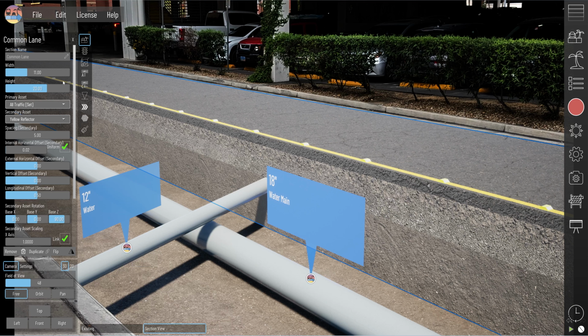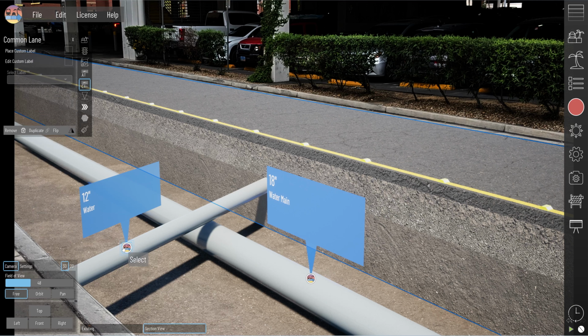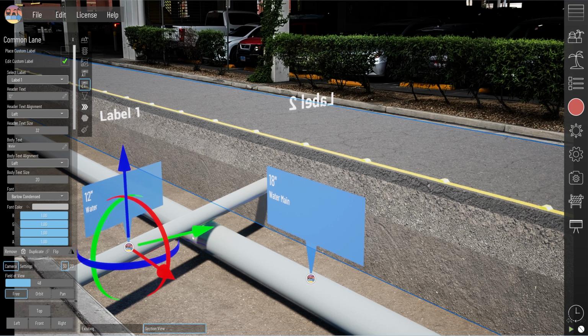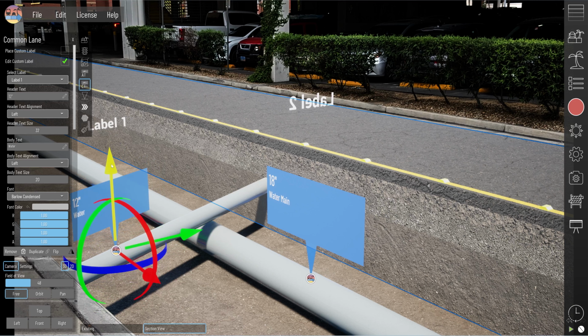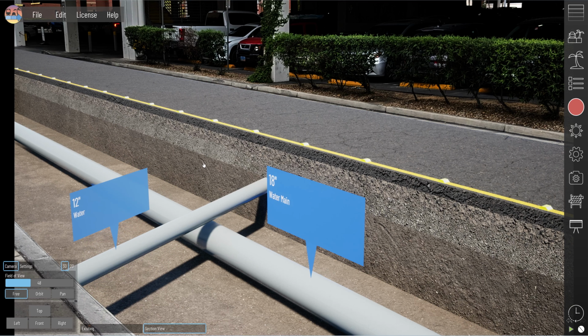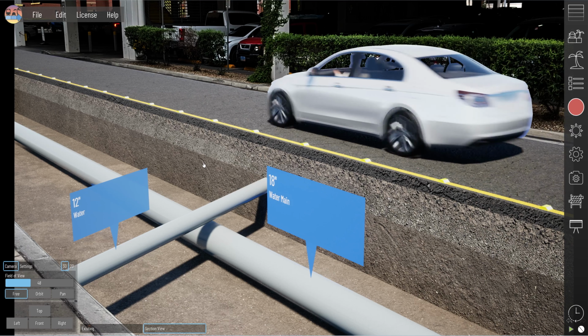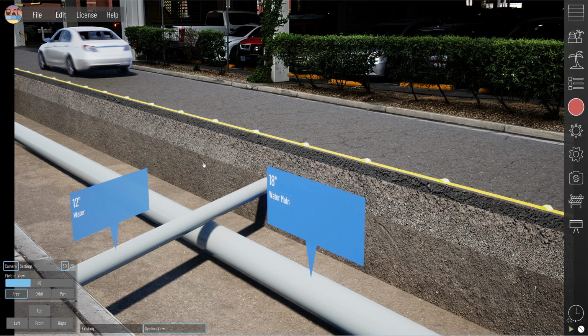connected to a section. And so these ones are connected to this section. We can go to custom labels and we can grab that and we can move that around. And it's not exactly on the pipe, but it doesn't matter because we're forcing this perspective with the photo composite. And then that's going to give us a lot of control over the way that it looks in the final